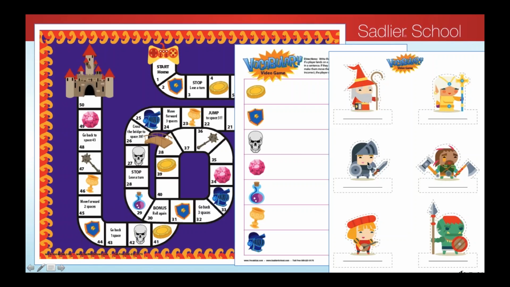Bigger and better. This may be the Knight of Temerity, because he's going to boldly go into all situations, or the Melodious Minstrel. So you can really have your students have a lot of fun with these little avatars. Maybe they even create their own if they are artistically inclined and creative. But labeling it with vocabulary, again, they're seeing vocabulary